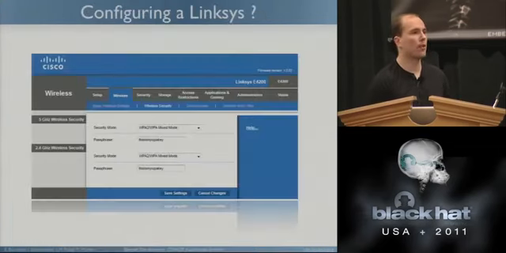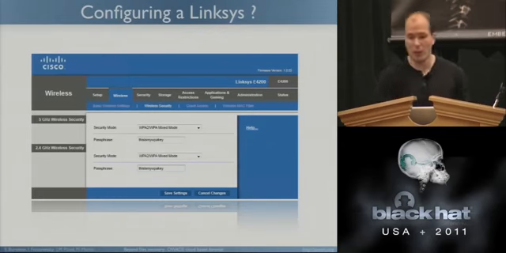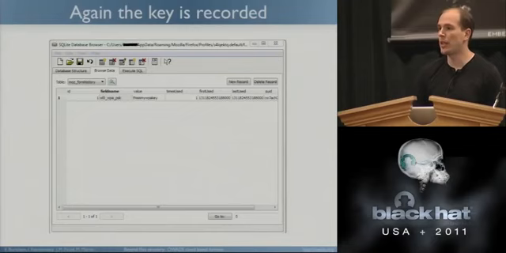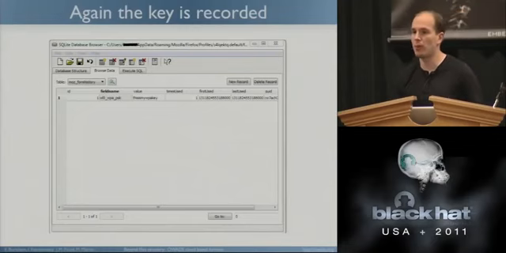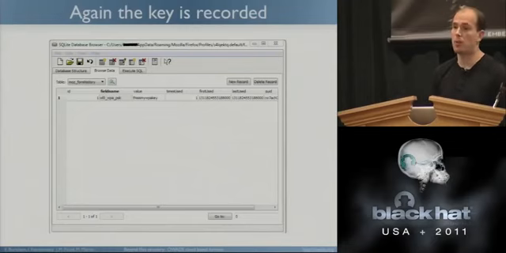And let's take another example. I don't know how many of you have a Cisco router. I do have one. Well, you have to configure your WPA key. The WPA key is not a password. It's a plain field. Where is it? Well, it's in the form fields again. So by looking at the form fields without doing any sort of decryption, you can also recover the WPA key from the router of the person.